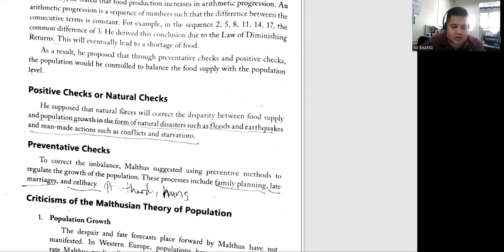No? We also have these positive checks or the natural checks. He supposed that the natural forces will correct the disparity between the food supply and population growth in the form of natural disasters such as floods, earthquakes, and man-made actions such as conflicts and starvation. So these positive checks or natural checks are the forces that will affect the food supply and population of the